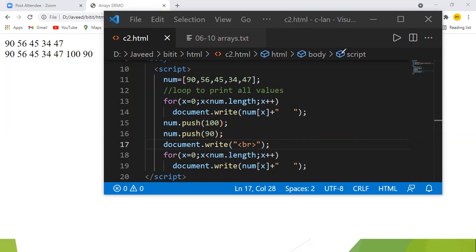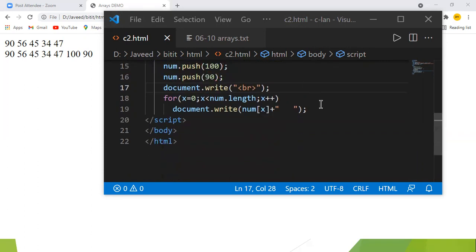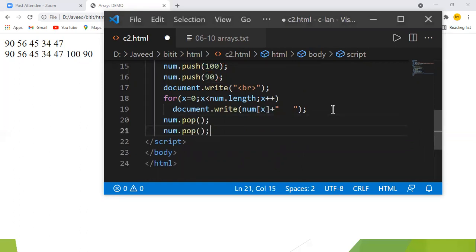So we'll use pop now. I'm using num dot pop: one value, two values, three values I'm popping out. When I say pop, first it should pop off 90. Again, when I pop off, it should pop off 100. One more time when I pop off, the value is 47.